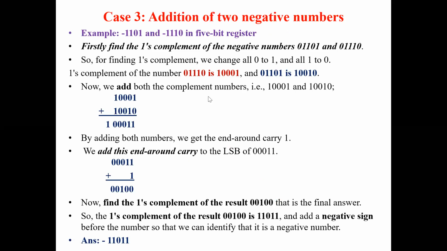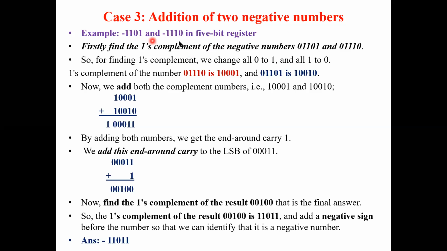Here the question is a little bit different. We are adding two negative numbers: -1101 and -1110 in a 5-bit register. The register in which you are entering the value is a 5-bit register, but here there are 4 bits. So if this type of question comes, put a 0 in front. If it is not given, you go on with 4 bits only, but they are telling you that you are adding in a 5-bit register. So don't add a 0 behind, add the 0 ahead.